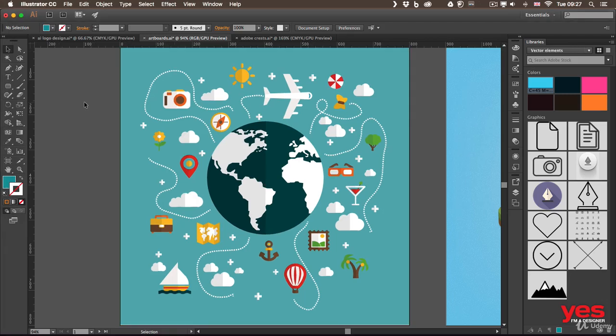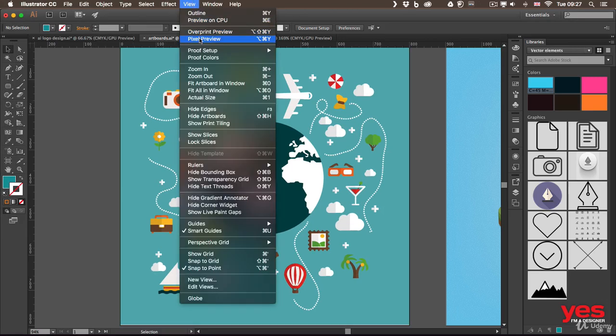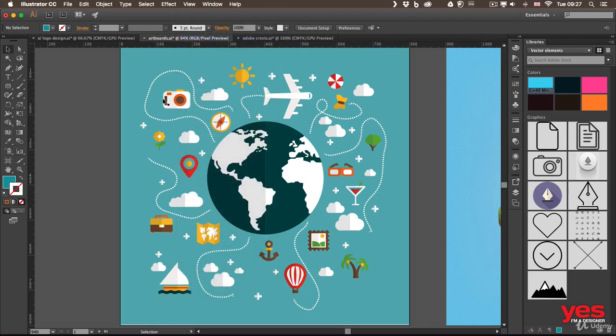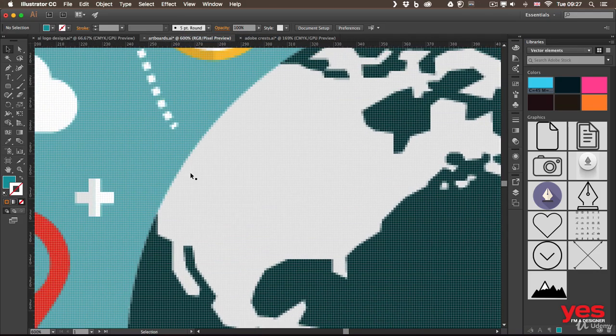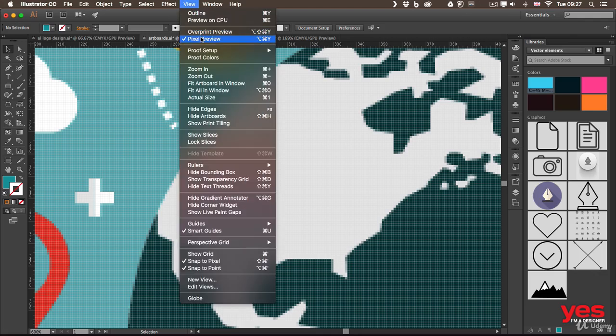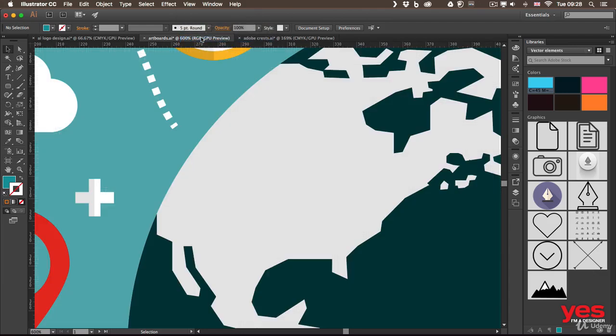Now there's one other interesting option in Illustrator called Pixel Preview from the View menu, which can show you, with the current size of your artboard, how much detail you would get once you export into a raster or pixel format. So if I choose Pixel Preview and I zoom closer into this design, I can see how much detail it will have. It's almost like looking at the already exported raster format of this current design. It's almost like working in Photoshop, so anything beyond 100% will start to pixelate. And you can switch back, of course, at any time to the normal view,